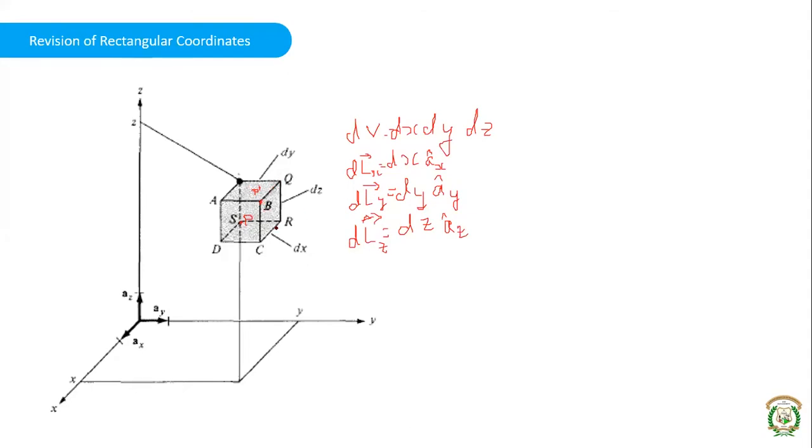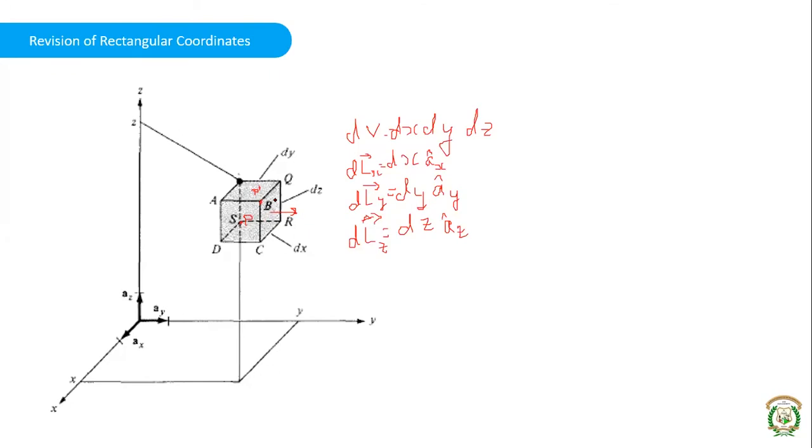So if you consider this right surface, what is the direction outside of this particular volume? This direction, right? It is directed in this particular direction. What is this direction? This is in the direction of y. So this is directed towards ay. And the surface which is directed towards ay has x and z components. As you can see, one edge is in the x direction, the other edge is in the z direction, right? So it is dx units in the x direction and dz units in the z direction. The direction of this particular plane is in the ay direction, right?